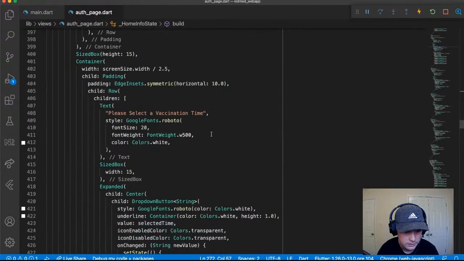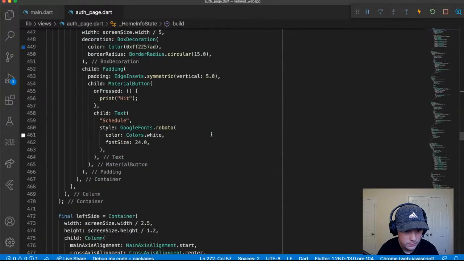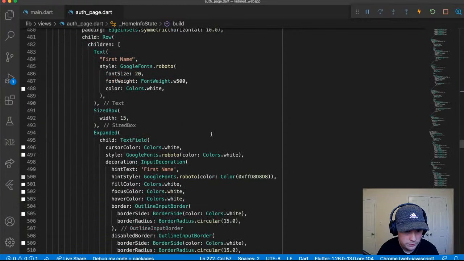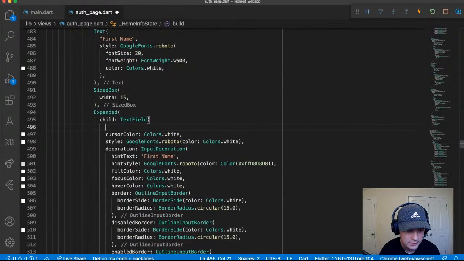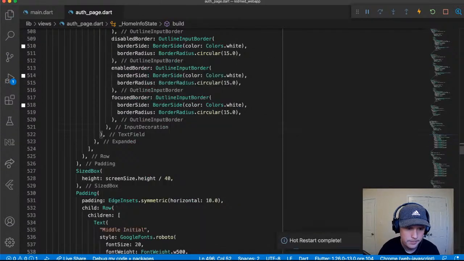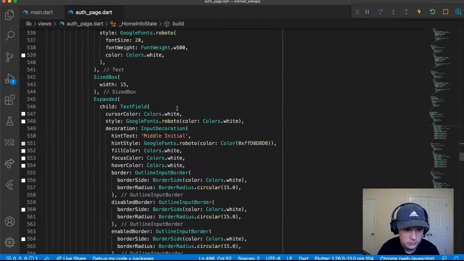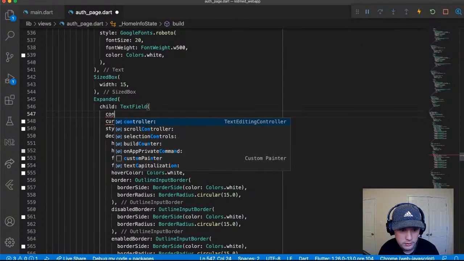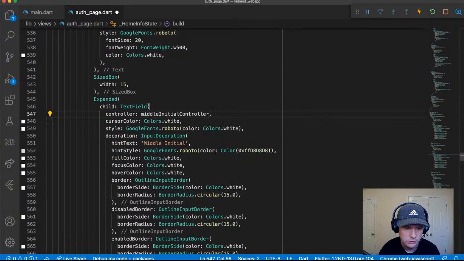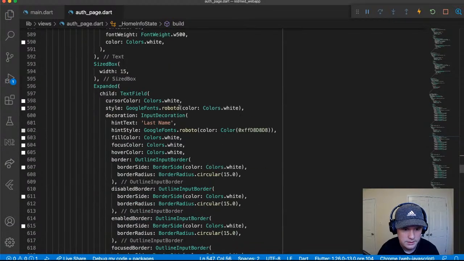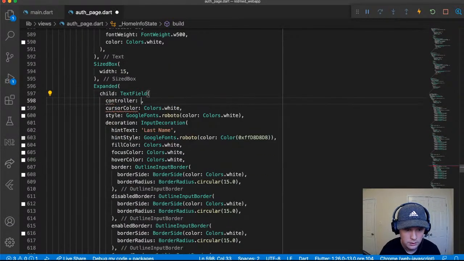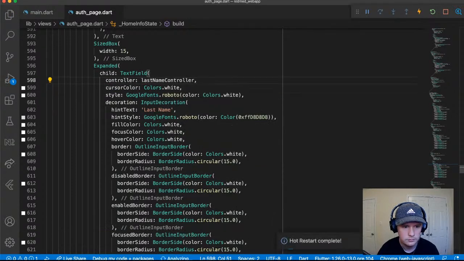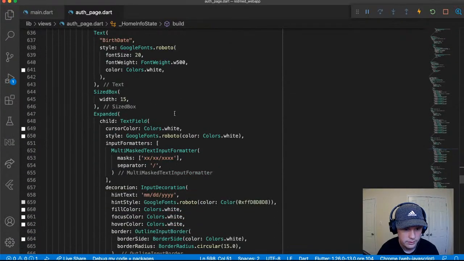Okay, let's keep scrolling down. First name for the left side, controller is going to be first name controller, middle initial, and that reminds me, we still need to do form validation. Controller is going to be middle initial controller, last name, birth date,